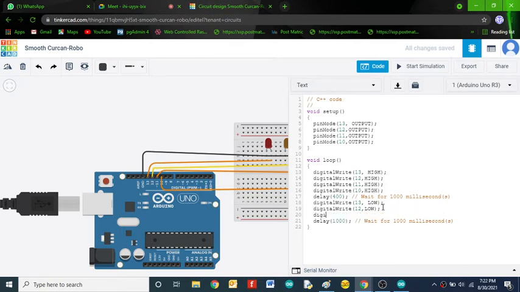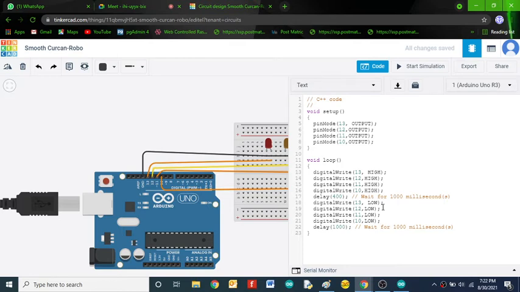Similarly digital write 11 low and digital write 10 low.